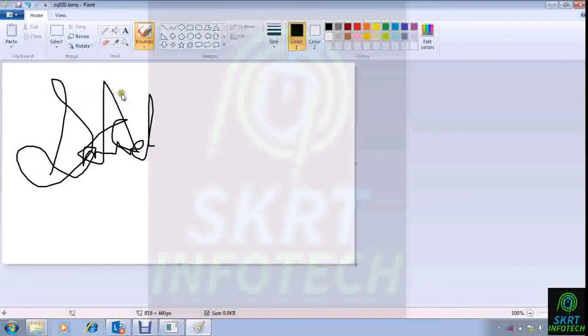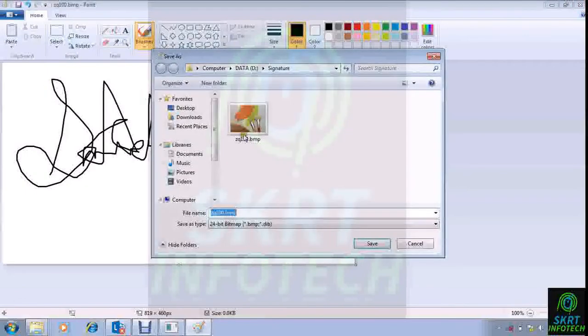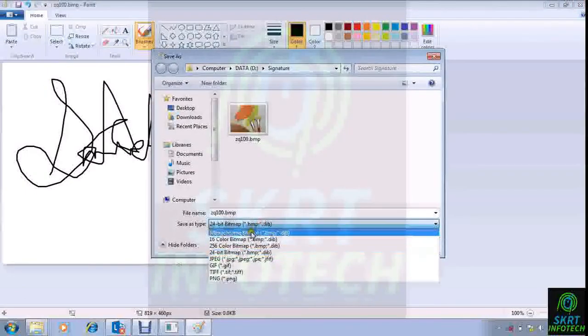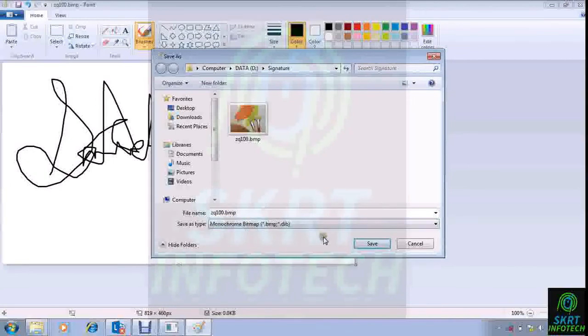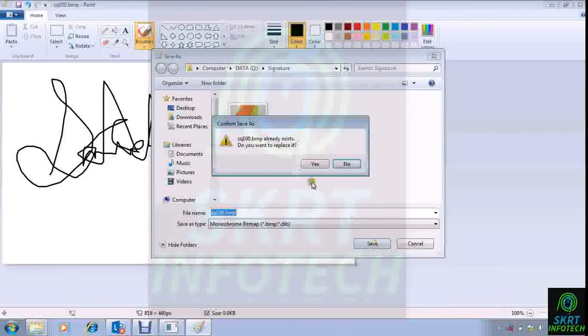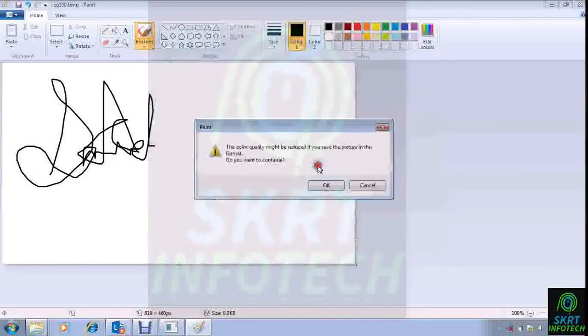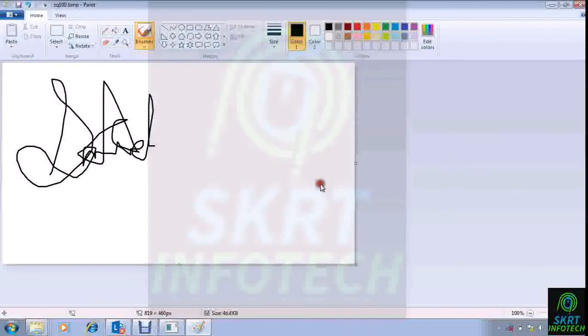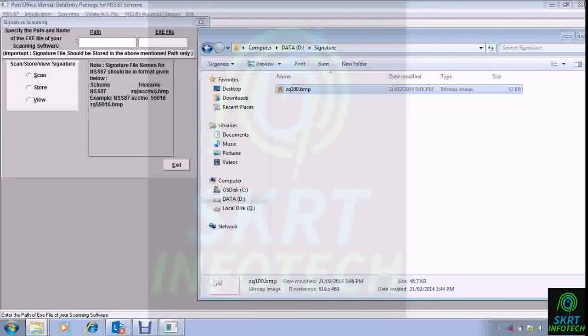I'll save as BMP picture, save it as monochrome bitmap, and enter save. This is just for reference. Now we're getting 46.8 KB. Okay, cancel.